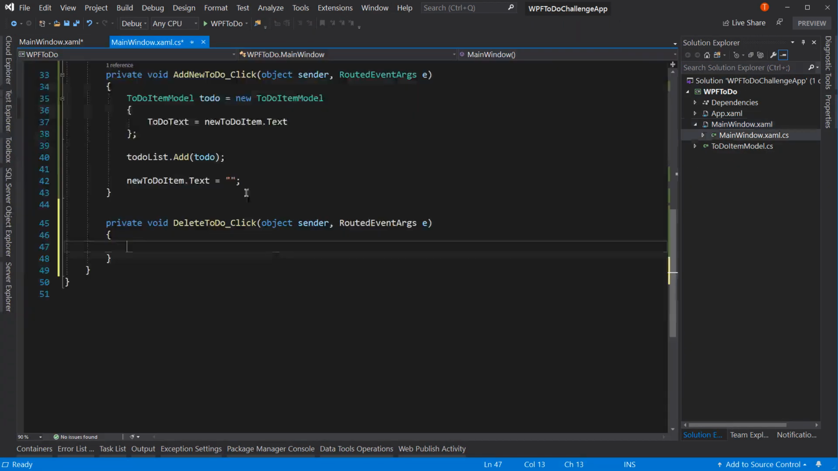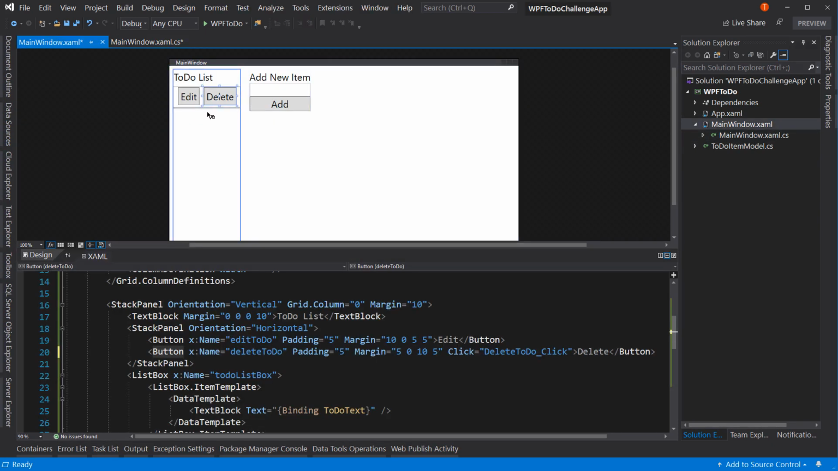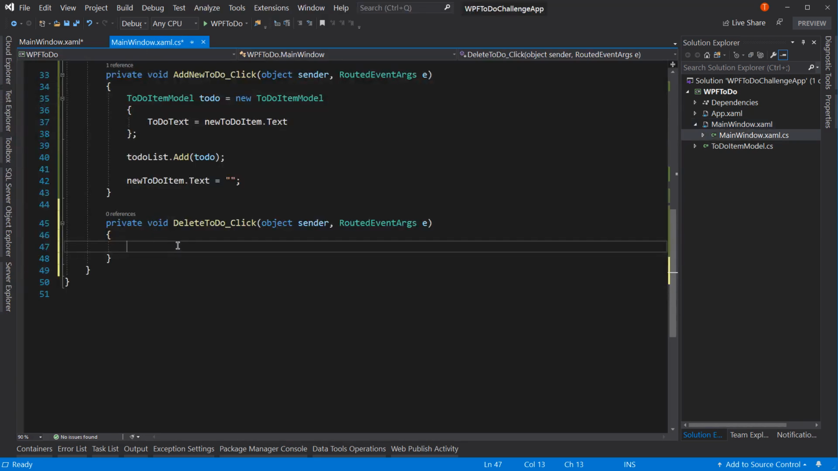Let's wire up the delete button. That should be pretty easy. So the delete button is going to figure out which item was selected in this list, and then from there, it's going to remove it from the to-do list. So let's start with the selection. So that's called